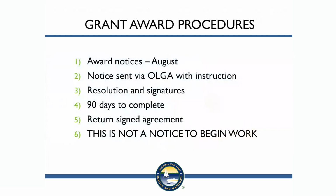SAVE award notices are sent out each year around August via DBW's online grant application system, also known as OLGA, to the person that submitted the application for your agency. It is important to note, if the person that submitted the application is no longer with your agency, you may not be aware your agency received an award notice. Please keep DBW informed about changes in personnel by emailing the SAVE program manager, and should be within 30 days